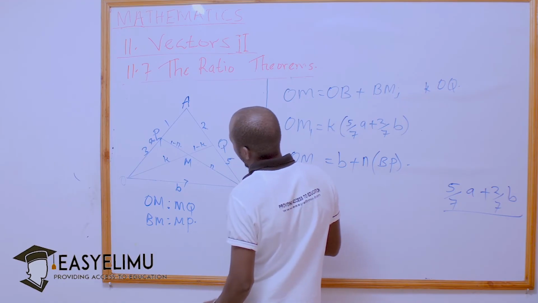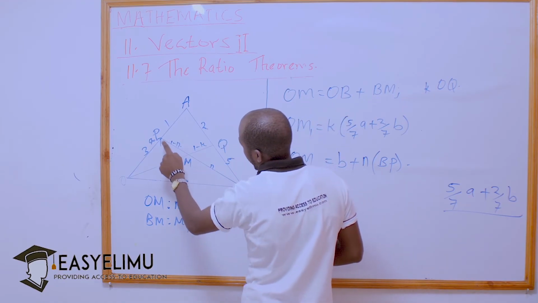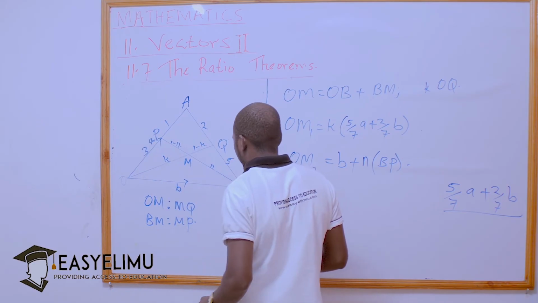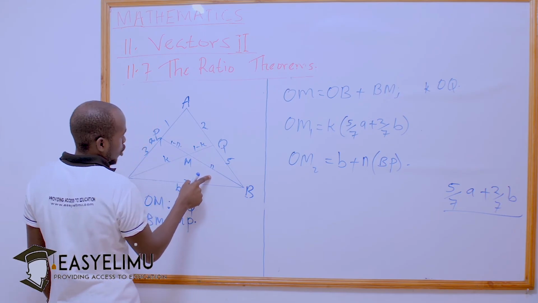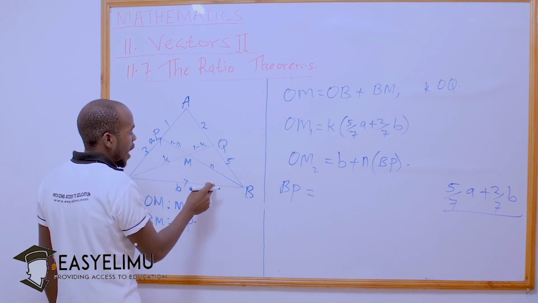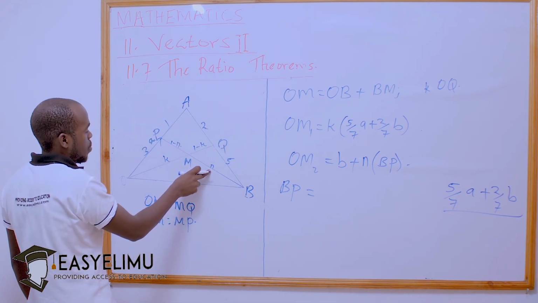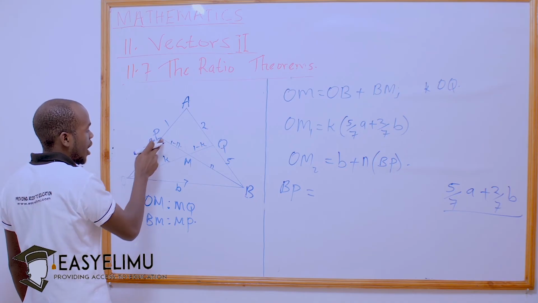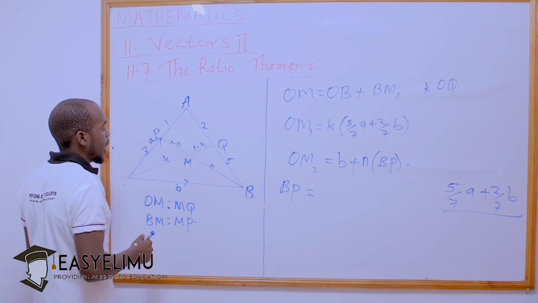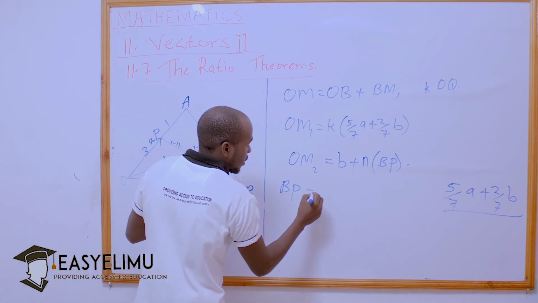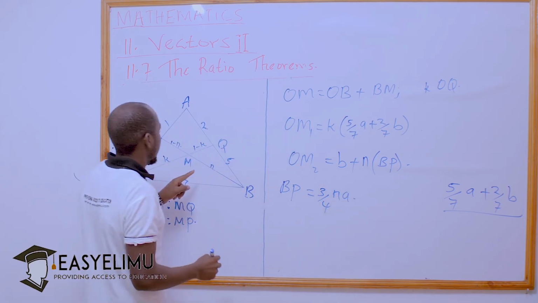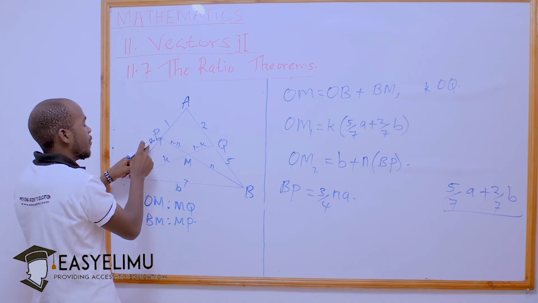And BP here can be obtained by taking the ratio theorem to find BP, and BP will be N multiplied by this one, what we shall be having here, and it will be 3 over the total ratio, which is 4 times A, so it's 3/4 A. So BP will be N multiplied by 3 over 4 of A,